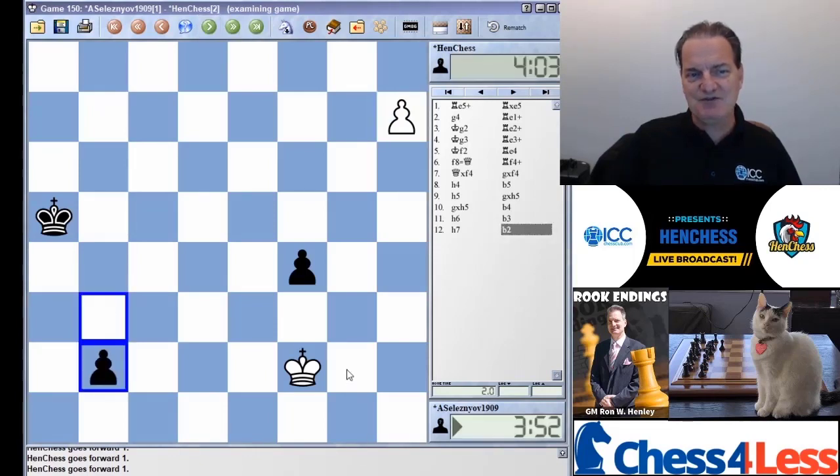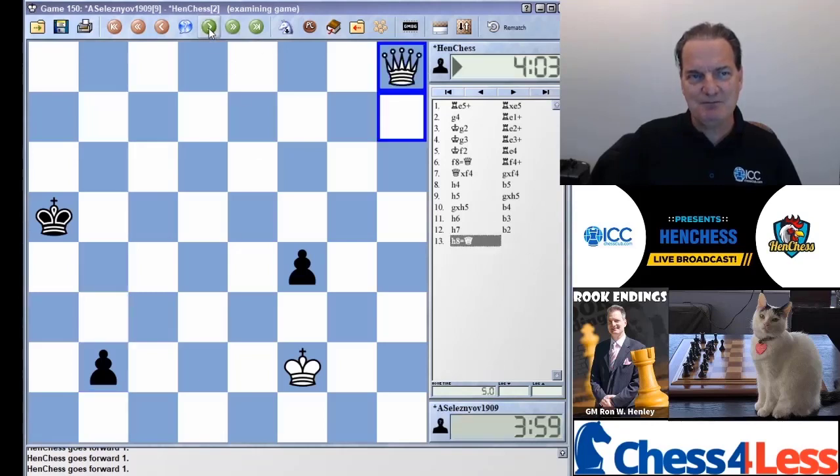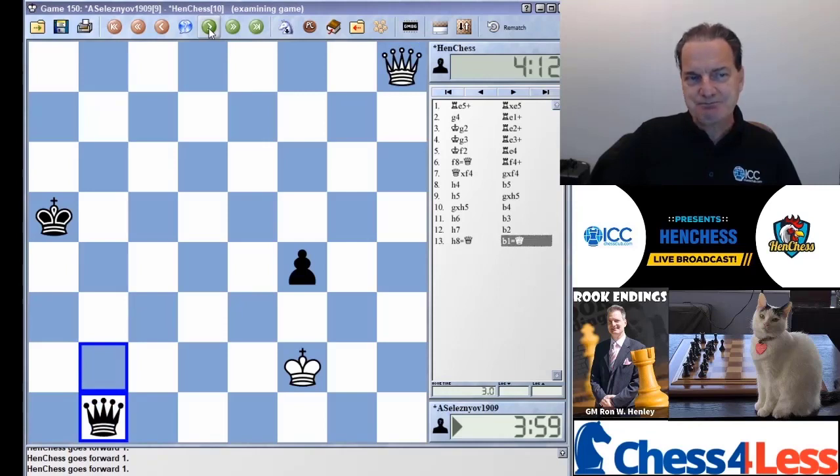Now remember earlier we said if we had played king f1, it would be a loser because this black pawn would be promoting with check. That little detail makes all the difference in the world. So now white promotes a pawn, black promotes a pawn, and generally queen versus queen is a draw. Queen versus queen and a pawn. Here you could check and pick off the pawn, but